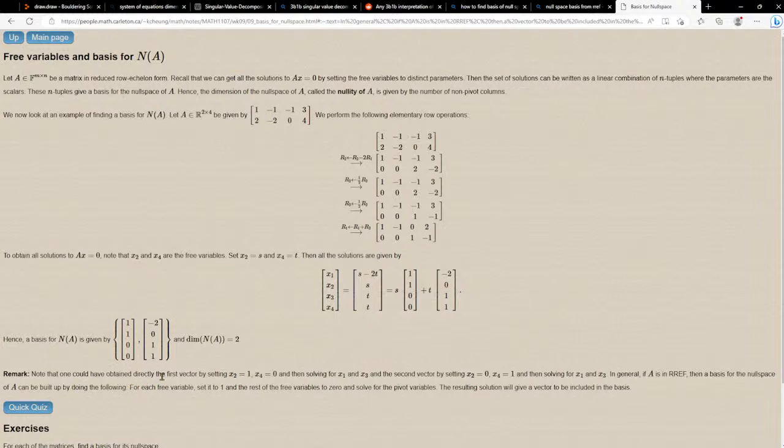Remark, note that one could have obtained directly the first vector by setting x2 equals 1, x4 equals 0, and then solving for x1 and x3, and the second vector by setting x2 equals 0, x4 equals 1, and solving for x1 and x3. In general, if A is in REF, then a basis for the null space of A can be built up by doing the following. For each free variable, set it to 1, the rest of the free variables to 0, and solve for the pivot variables. The resulting solution will give a vector to be included in the basis. Okay. If we had set s to 1 and t to 0,